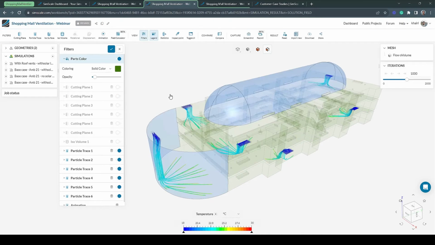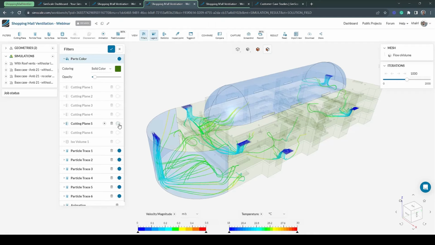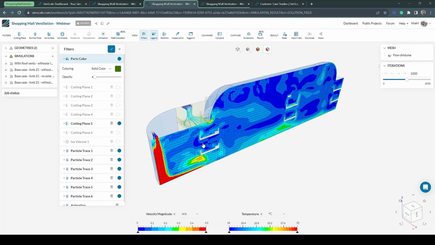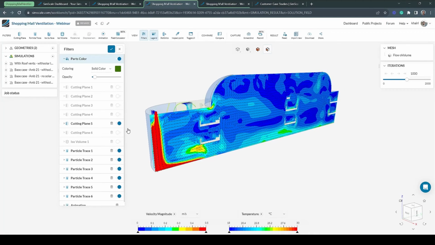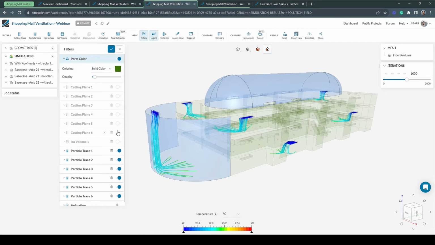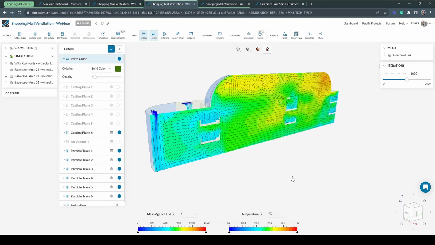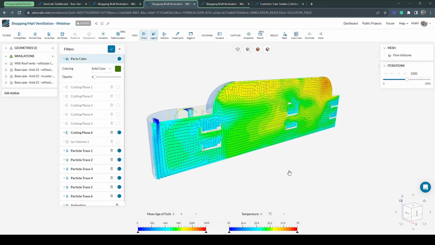What I would also always like to investigate is the overall mean age of air inside the space, because that essentially gives us an idea of the overall residence time of a particle inside the model. Now, we can clearly see again, which correlates to the hot temperatures being trapped as they rise near the glass dome,